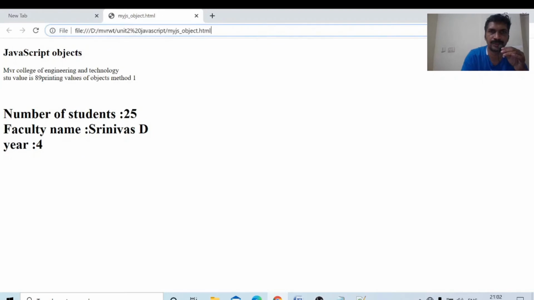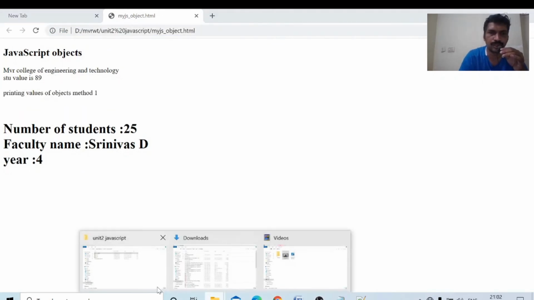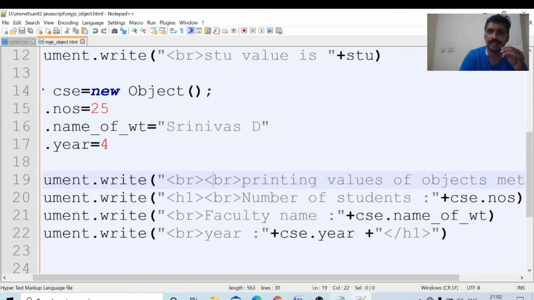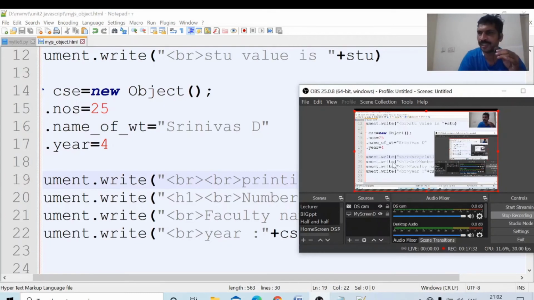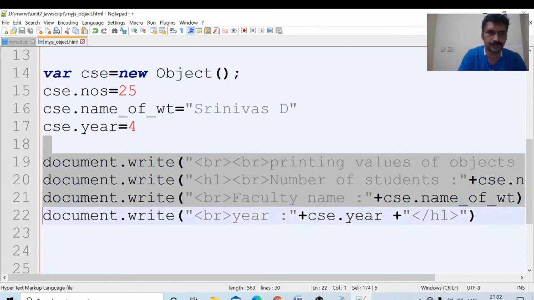Once again, two breaks; after two break statements it will come. Break means it will come on the next line. Control S. I am going to this one, once again refreshing this page. Or another way is to go to the location of the file and click this one, myjs.object. This is one way of printing the values.